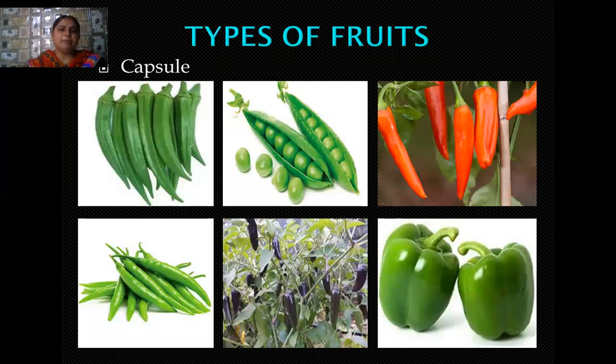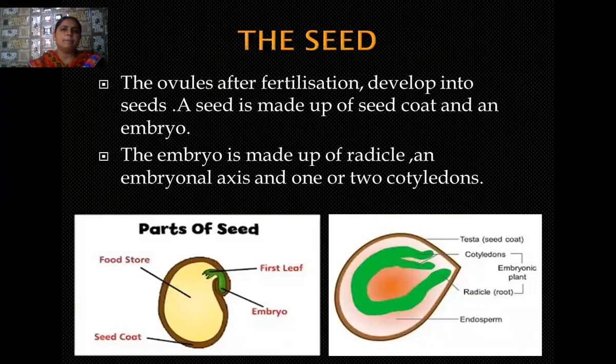Okay, student. The third type of fruits are the capsules. Somewhat like a pod-like appearance is present. So here the common examples are Capsicum frutescens, Capsicum annuum. Then all types of capsicum are here. Pods that are found in the pea plant, then ladyfingers. All of these are the capsule kind of fruits.